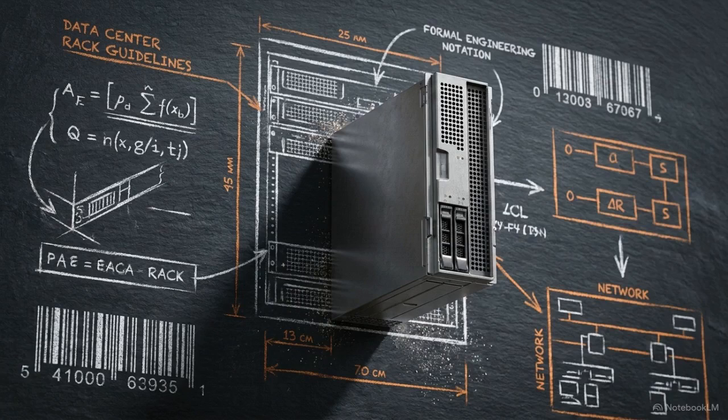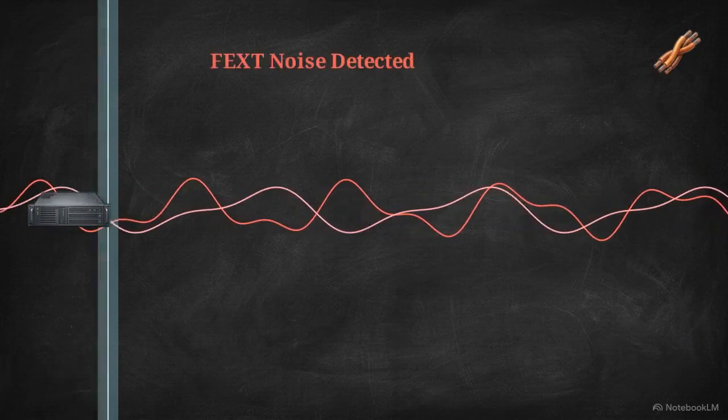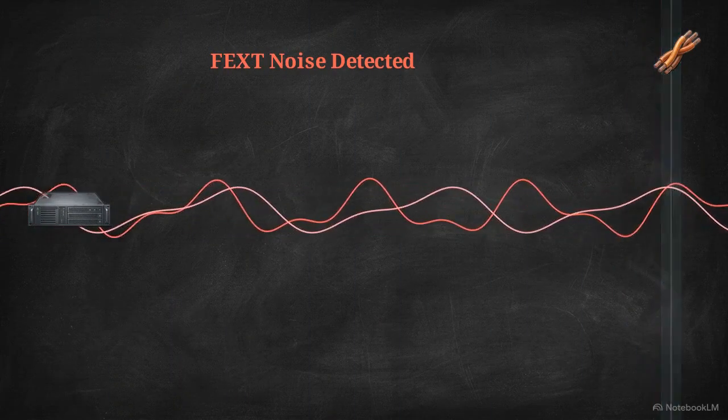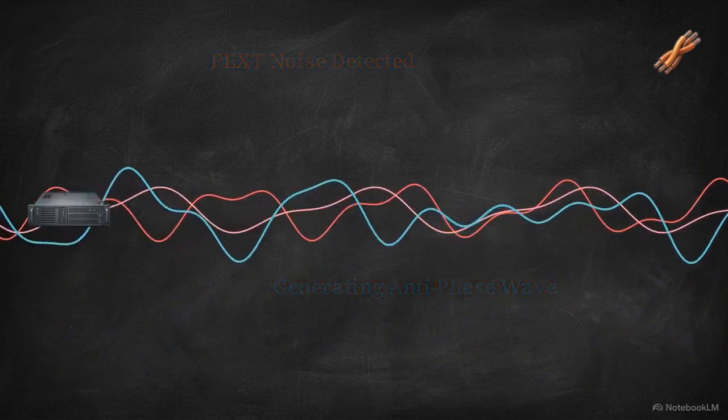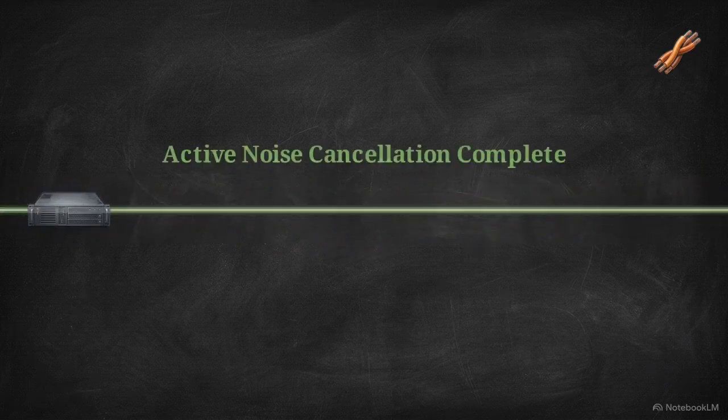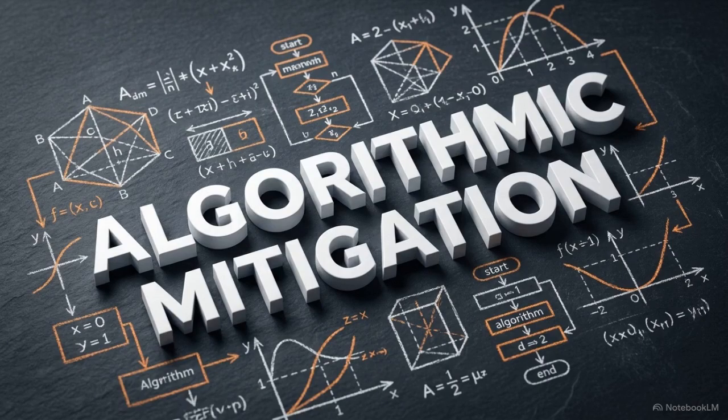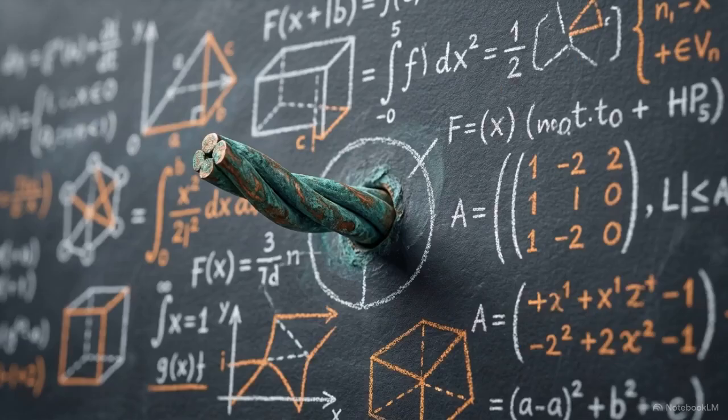The solution to crosstalk was vectoring, defined by the ITU-T G993.5 standard. By measuring the interference signatures of every line in the binder simultaneously, the network equipment calculates and applies active anti-phase noise cancellation, pre-compensating for the interference before the data even leaves the transmitter. Vectoring and discrete multitone are mathematical illusions. They are sophisticated algorithms designed to artificially boost the signal-to-noise ratio, dragging aging copper networks right up to the limits